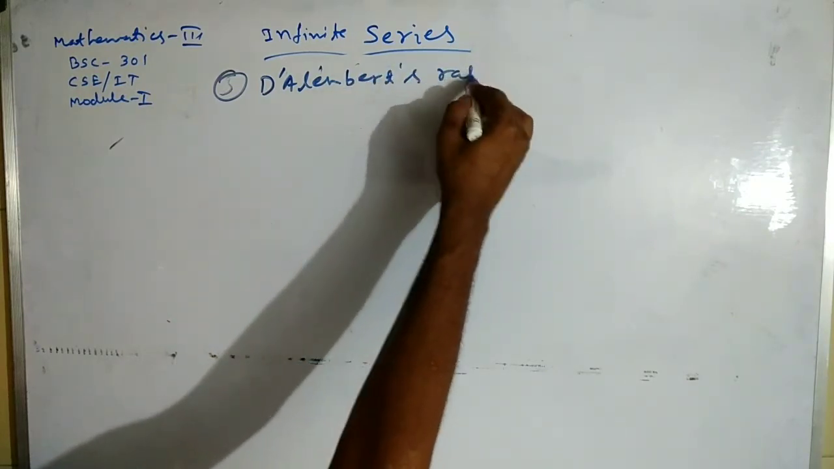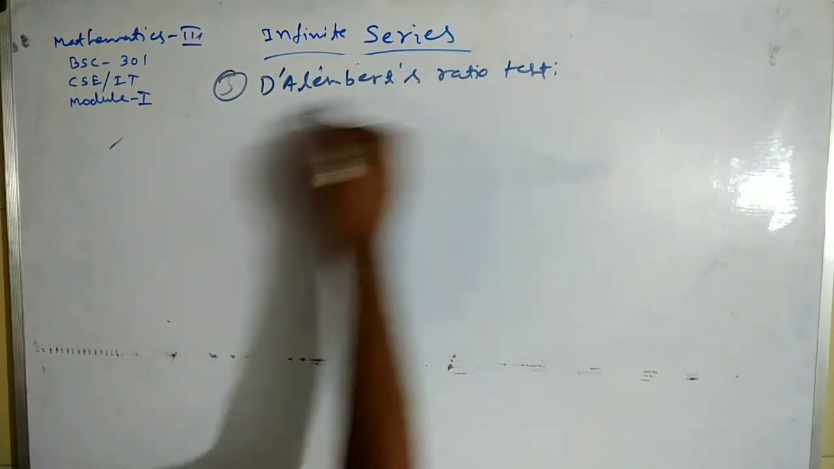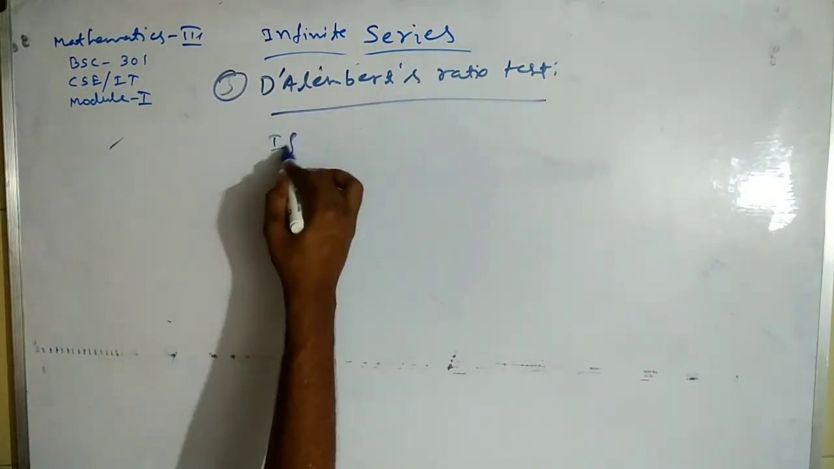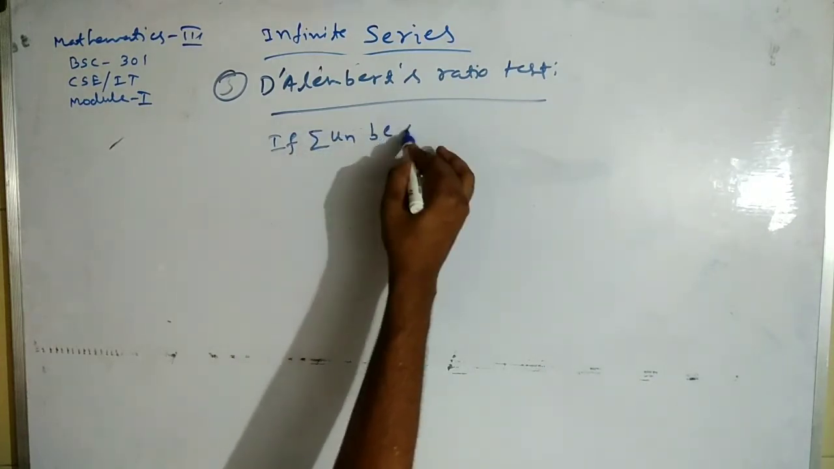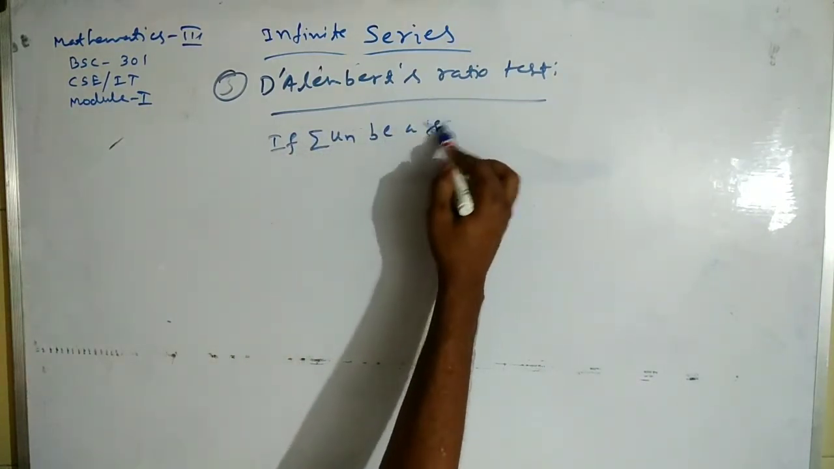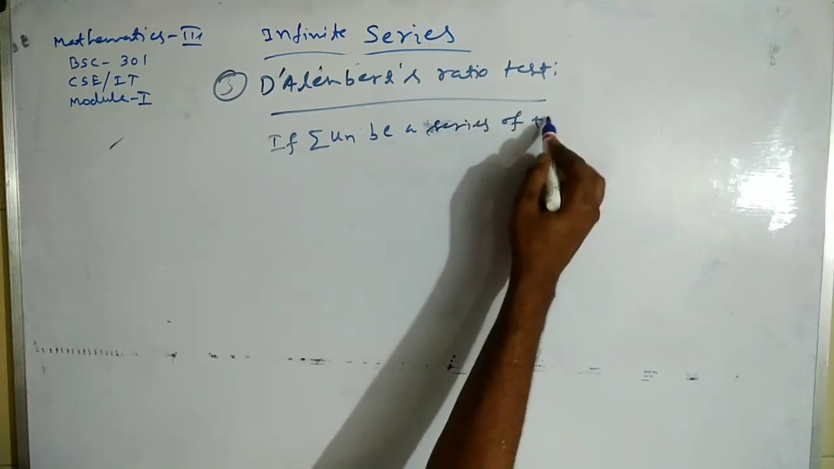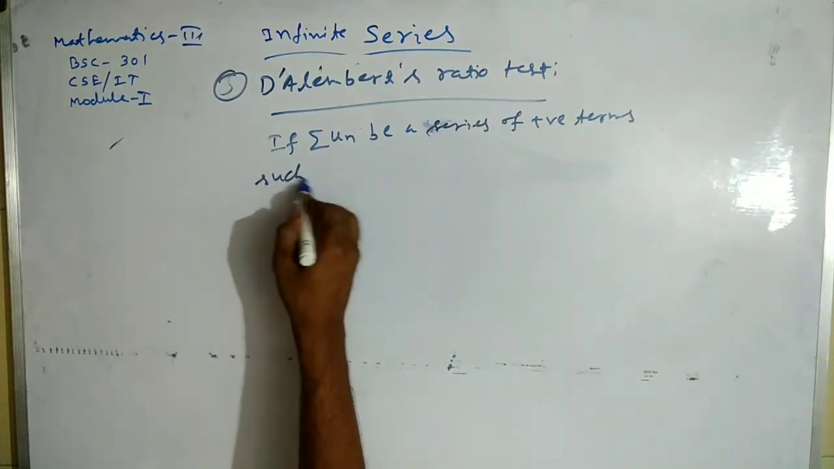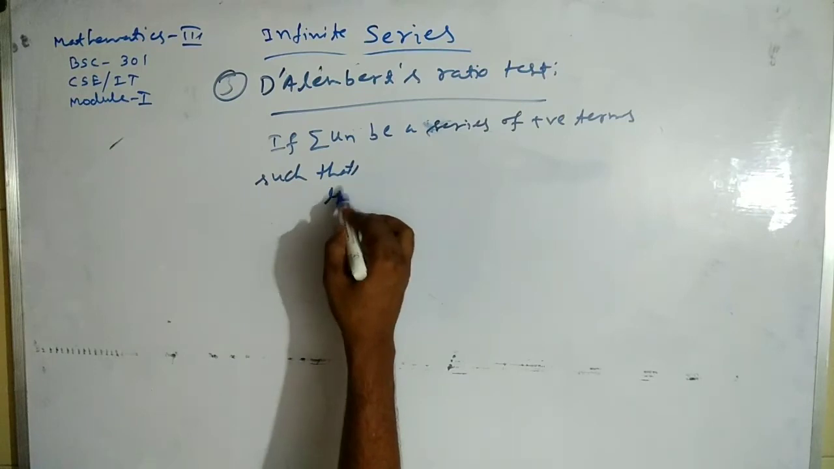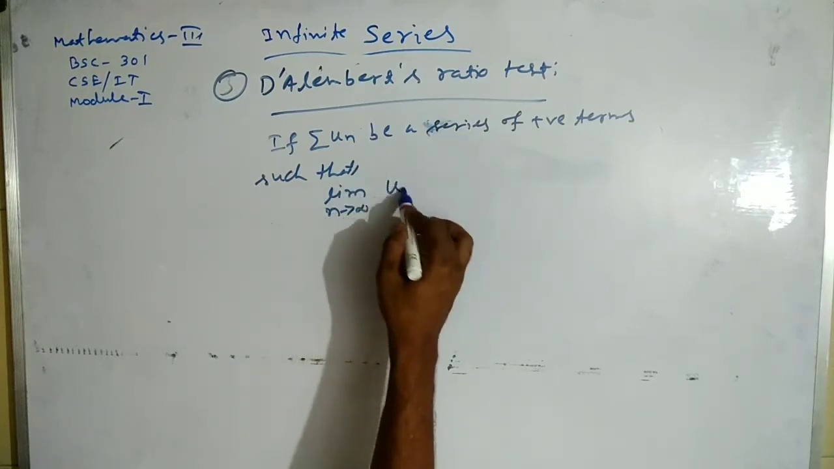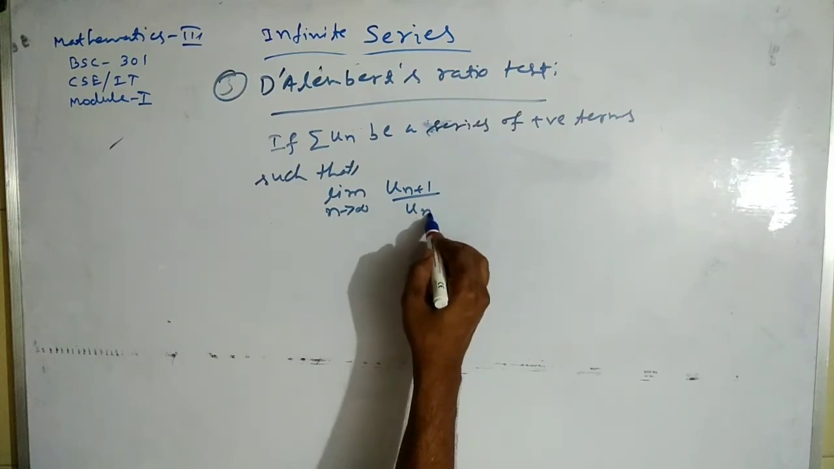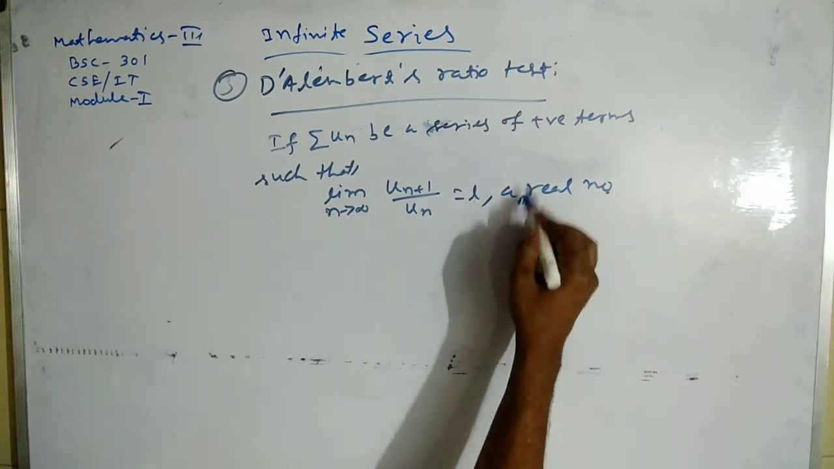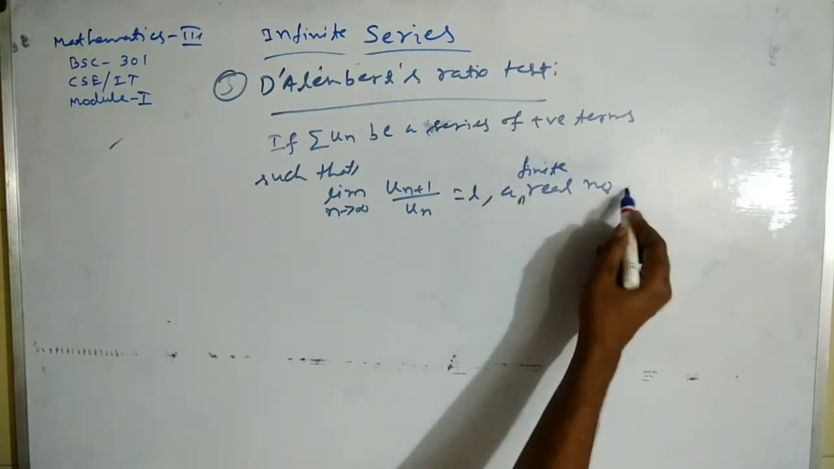D'Alembert's ratio test. This test states that if summation un is a series of positive terms such that limit n tends to infinity un plus 1 by un is equal to L, a finite real number, then